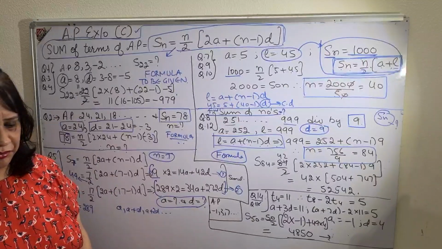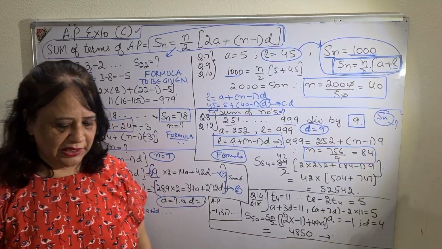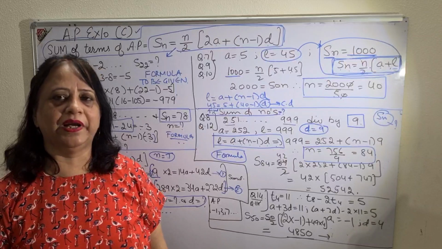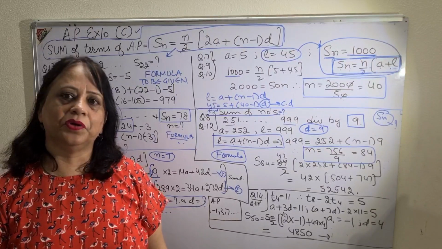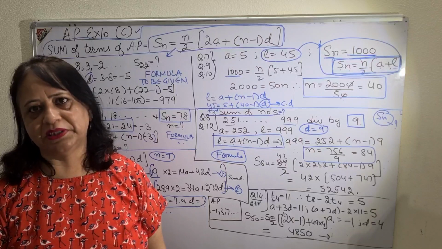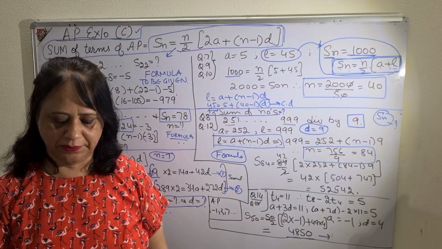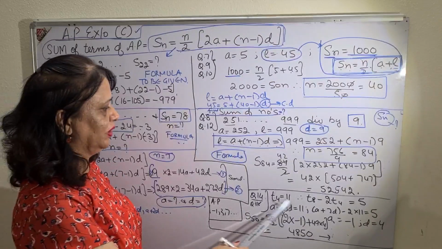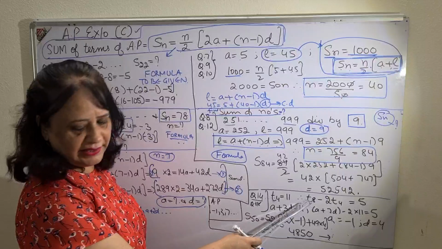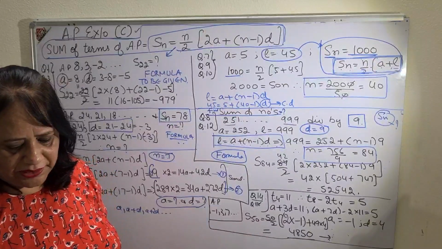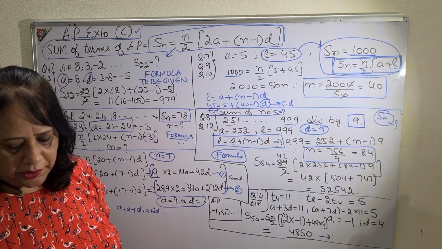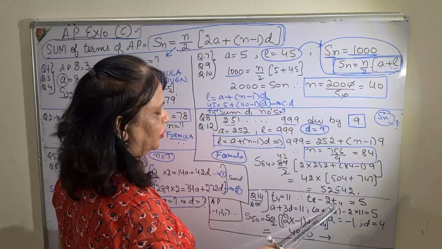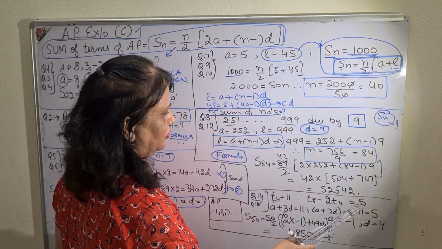Now come to question number 14 and question number 11. They are exactly the same. One of them I will do, let it be the 14 sum, a very important sum of the paper. And of course, it comes in choice, maybe in the compulsory section also, 3 or 4 marks. Question number 14. The fourth term of an AP is 11, so T4 is 11 as I have written. And then he says that the difference between the 8th term and twice the 4th term is 5. The 8th term exceeds twice the 4th term, T8 minus 2 T4 is equal to 5.